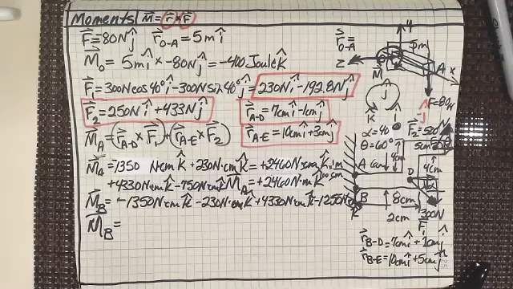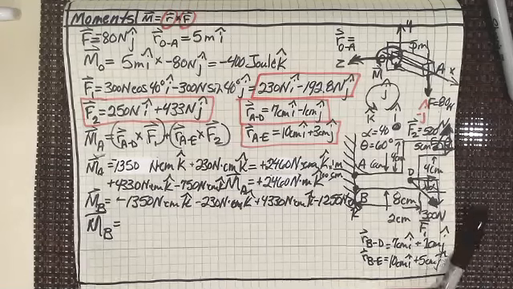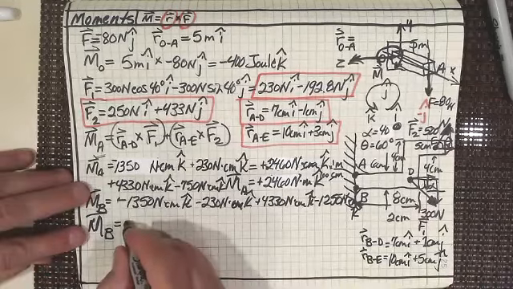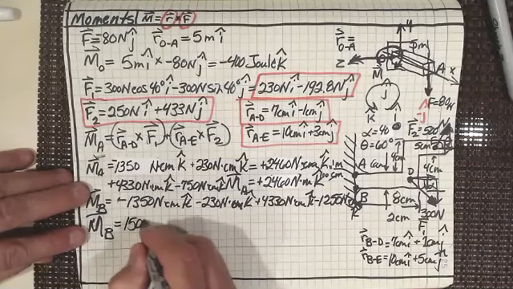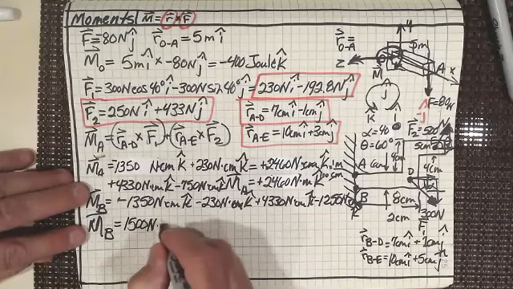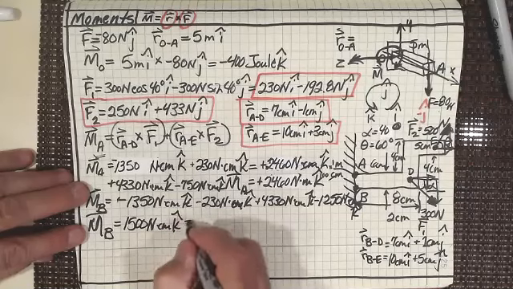But first of all, let's find out which one is bigger. So we've got 4,330 minus 1,350 minus 230 minus 1,250 gives me 1,500 Newton centimeters K hat,